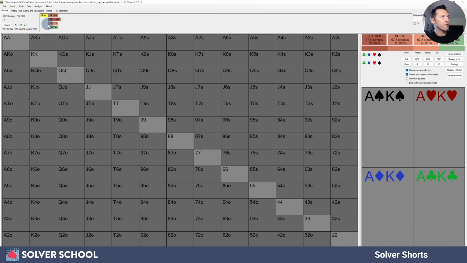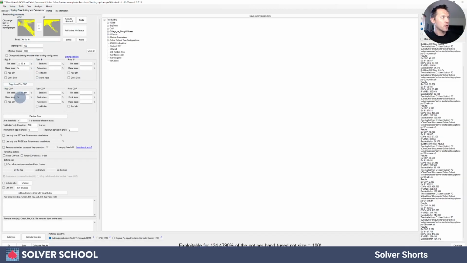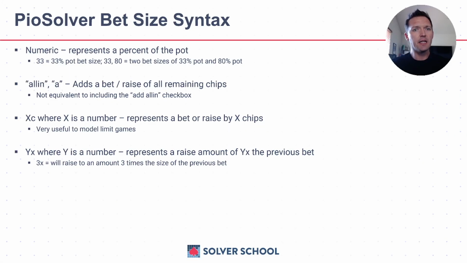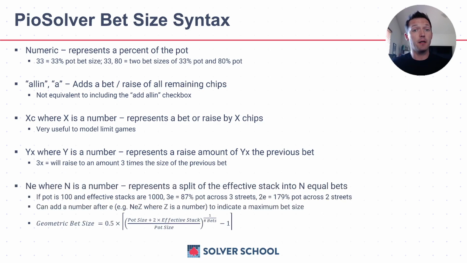So it's taking the previous size bet and raising it by the multiple you chose. By choosing 3x, it's choosing a multiple of 3 times that previous sizing. The last option here, which is a little complicated, but I think is one of the most useful ones, is